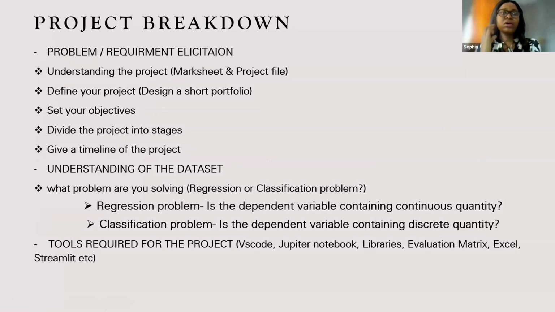So once all these have been ascertained, you've determined what is required, you've understood what you need to do, and you've understood the tools required for the project, then